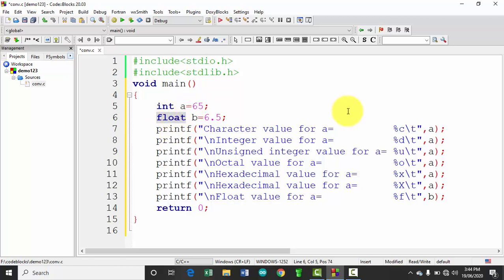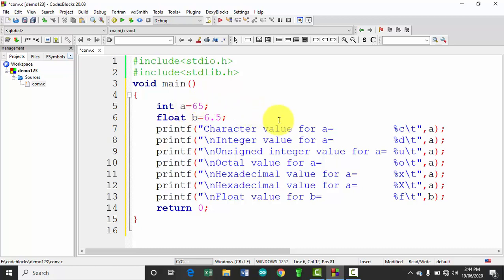Now here what we are doing, the value of a is displayed in printf functions 1, 2, 3, 4, 5, 6, whereas the value of b we are displaying at the last here, okay. So every time we are using a different conversion specifier. Here we are assigning some fixed values. To variable a we are assigning 65, whereas for variable b we are assigning 6.5, and as a decimal point is present we are defining the data type for b as float.